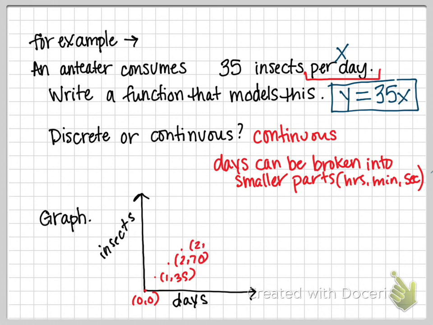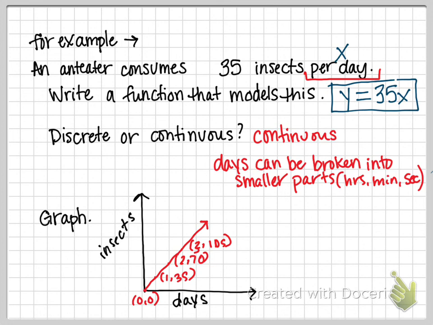3 days, 105. And this graph will be what? Is it going to be points? No, it's going to be this. It's going to continue, and they're all connected because we could be talking about half a day. We could be talking about 1/24 of a day, right? 1 hour or whatever. So this is continuous